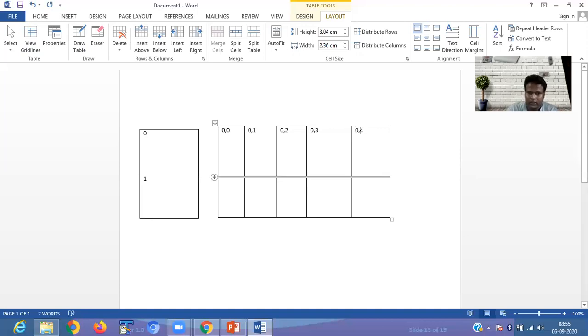The next position is 1 row, 2 column. Then 1 row, 3 column. Then 1 row, 4 column. That is the position that we define in the multi-dimension array. In a multi-dimension array, the elements are stored in rows and multiple columns where the position is displayed here. First represents the row, second represents the column.